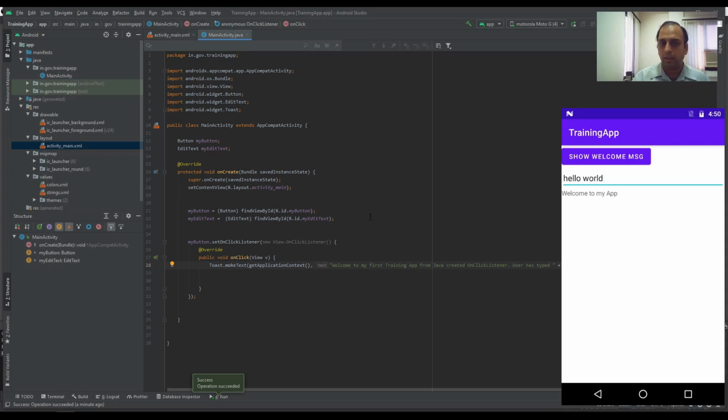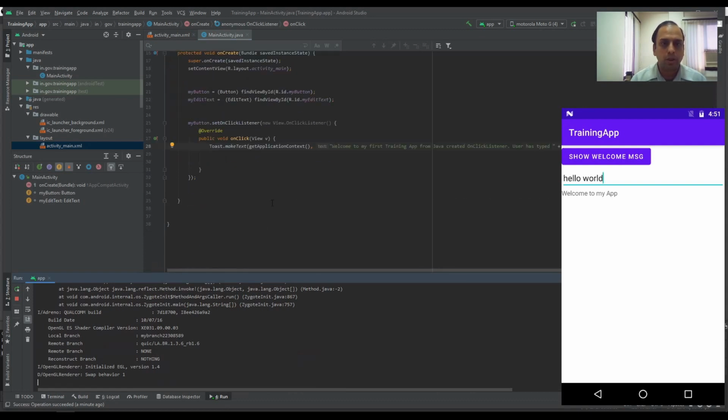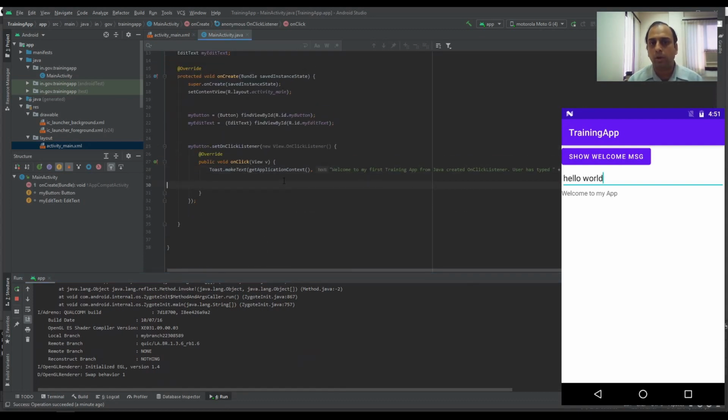Okay, when I'm clicking the button, a particular event is fired. When I'm typing, some event is fired. And if you can see the run, in this run there is no log. When you are trying to debug or print the values of variables at runtime, it is not always feasible or practical to show a toast within the app. That is not recommended, plus toasts are not easy to debug either.